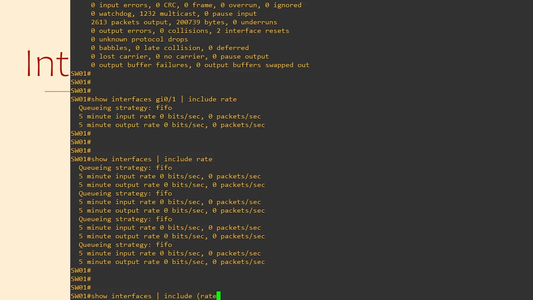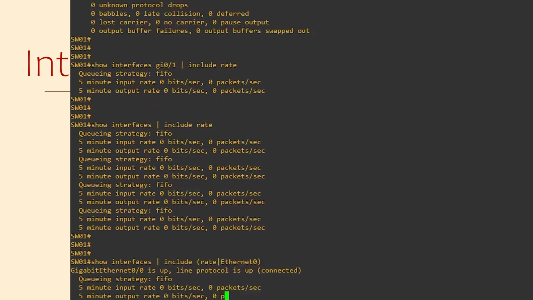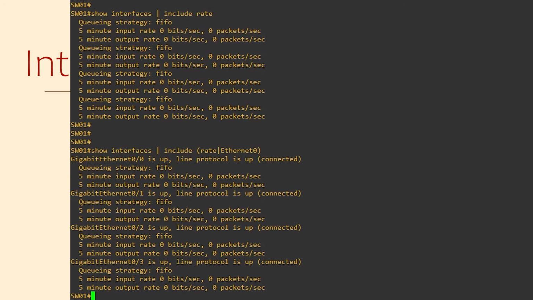So what we can do is use include and then put the words rate and Ethernet inside brackets. Notice that they're separated by the pipe character. In regex language, this means or. So we're asking to see any line that includes the word rate or the word Ethernet. This tidies things up a bit.